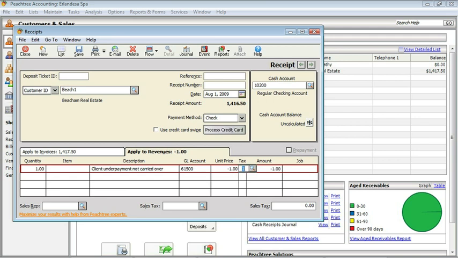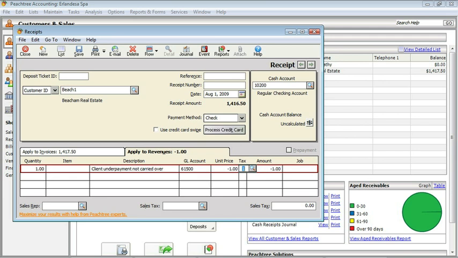So what we did is we entered the full invoice amount, but we can't keep that because then our bank account would be off by $1. So we created a second revenue of -$1 that's going to go to our charge-off account because we do have to keep track of it. And you'll see up on the top of the screen that the receipt amount, the amount going into our checking account, is going to be